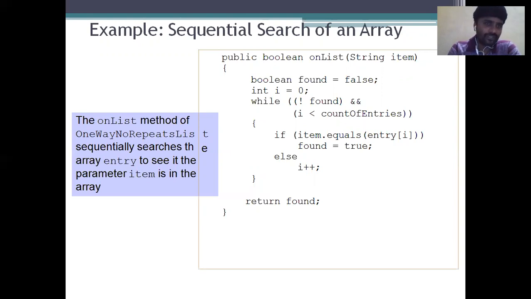So we have to see how sequential search of an array works, and how we can write the program of the sequential search step by step.